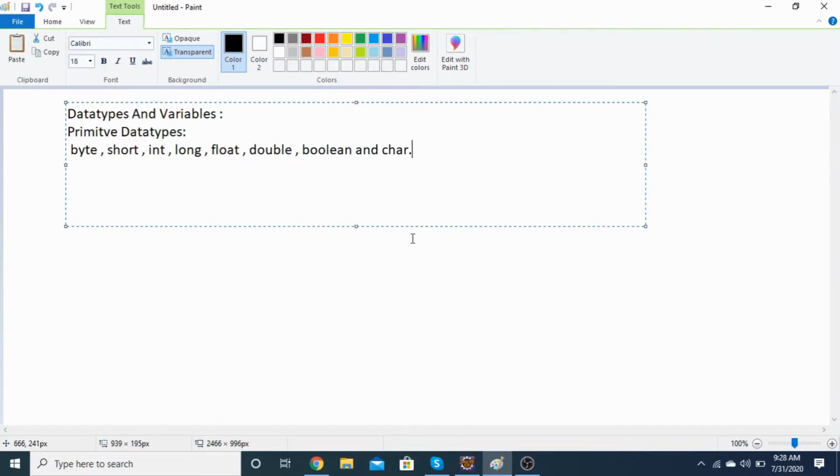Now, as you can see, these are the 8 types of data types present in primitive data types. These are the classifications which have been made inside the primitive ones. So we have byte, then short, then int, then long, then float, double, boolean and char. All of these primitive data types play a very significant role in programming languages. That is the reason why people have tried to classify them.